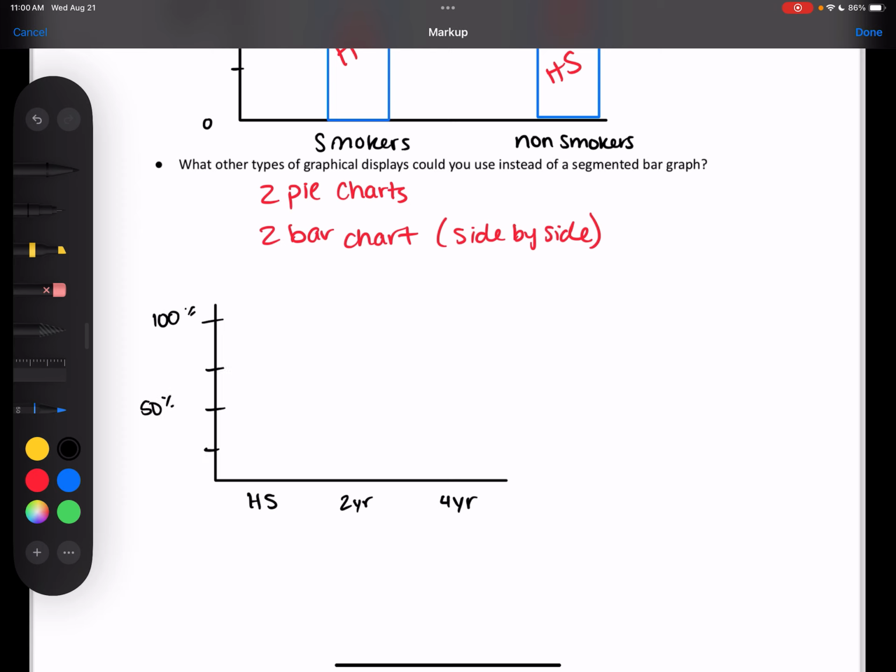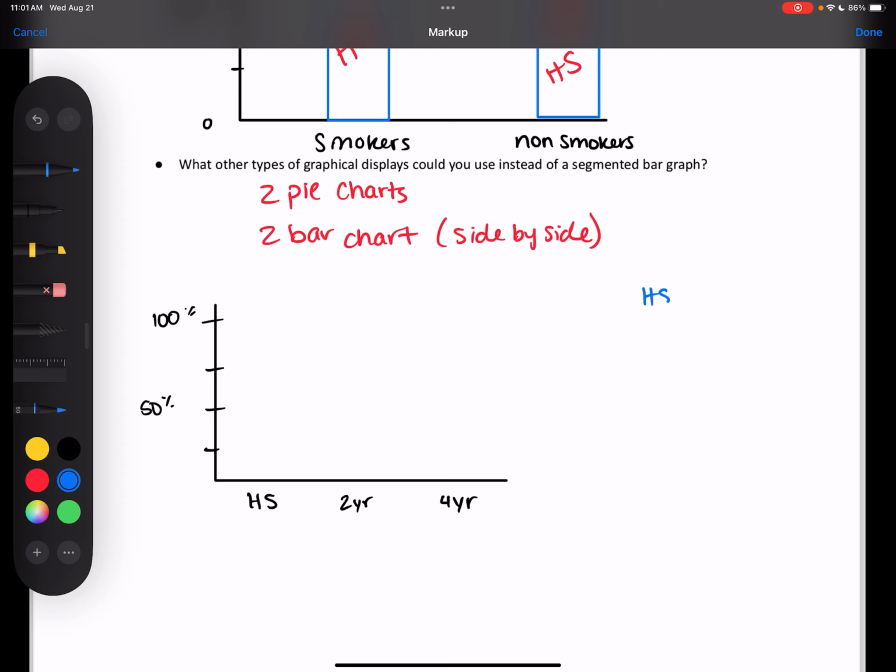The same way. But we need to look at it a little bit differently. So before we did the number of high school smokers out of the total number of smokers. But now with what we're doing, we need to reverse it. And so we need to do the number of high school smokers out of the number of high schoolers. The number of 2-year smokers out of the number of 2 years. So that's the way we're going to do the math for this one. So I'm going to do all the smoker ones first.